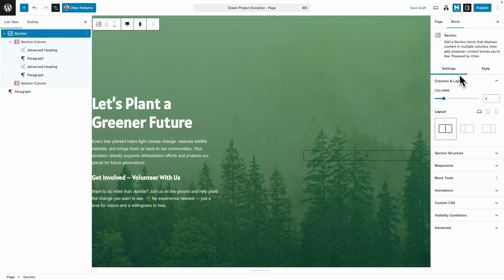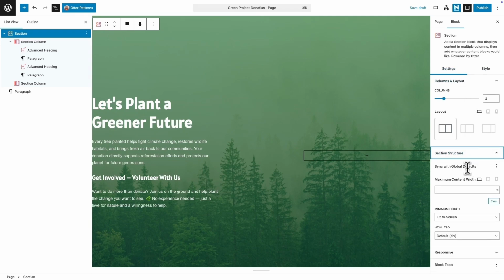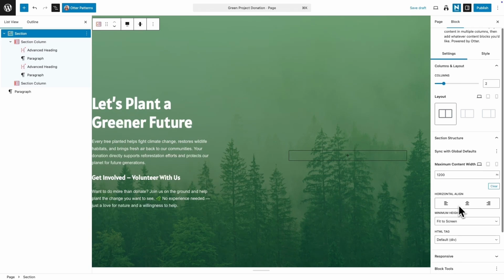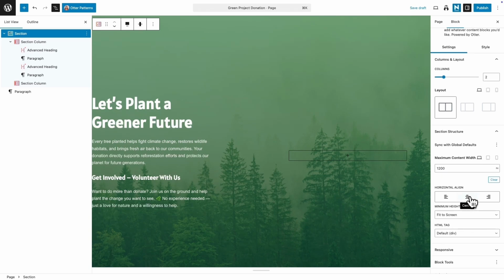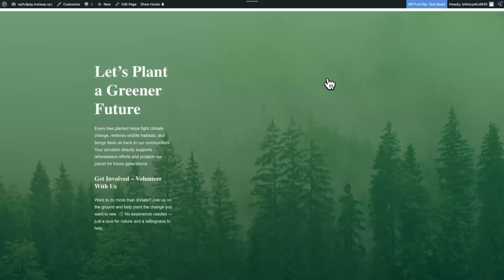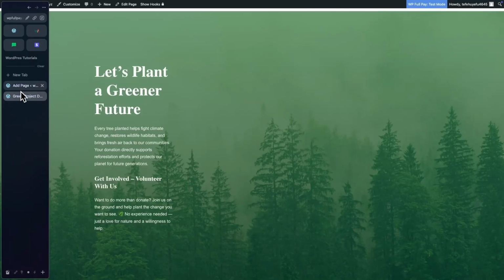So we'll go back to settings and we'll go to section structure. Now we'll set the max content width to 1200. We'll set the horizontal alignment to center, and then we'll preview our changes to see how it looks. Okay, that looks better, but our left column is a little bit too narrow, so let's go back to the